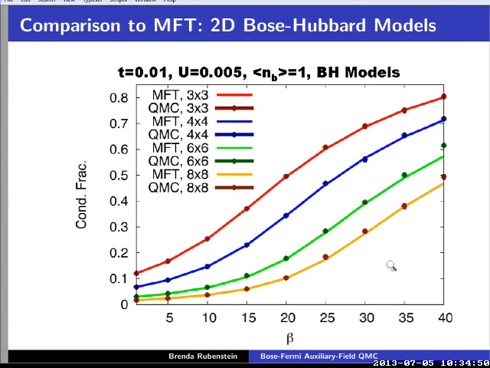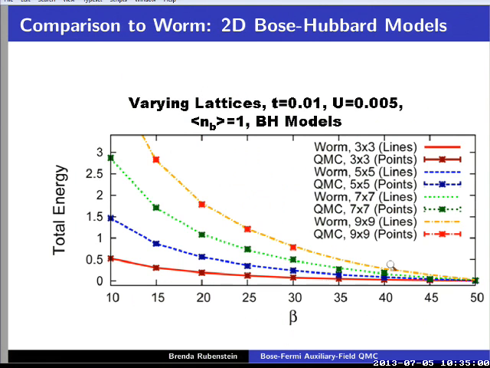So you can also go to larger systems. I compared to mean field theory, where it can be accurate at very high temperatures, for varying sizes, just to show that we can go to larger sizes. We can also compare to the worm algorithm, which of course allows us to go to